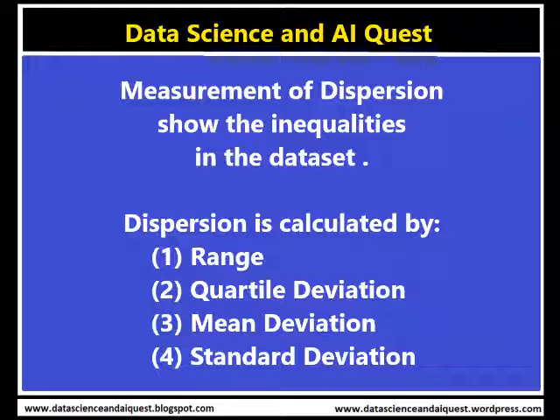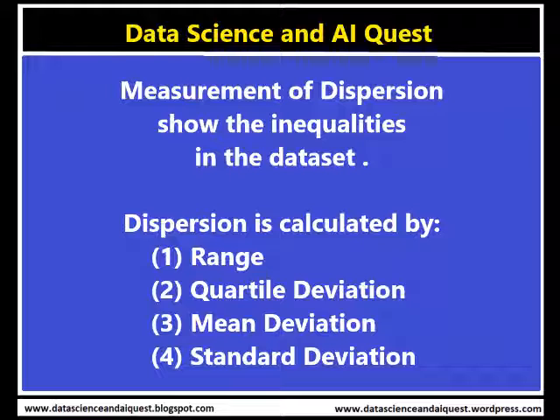Dispersion is the extent to which values in a distribution differ from the average of the distribution. To quantify the extent of the variation, there are the measures, namely number 1, range, number 2, quartile deviation, number 3, mean deviation, number 4, standard deviation. Apart from these measures which give a numerical value, there is also a graphical method for estimating dispersion over any given sample.